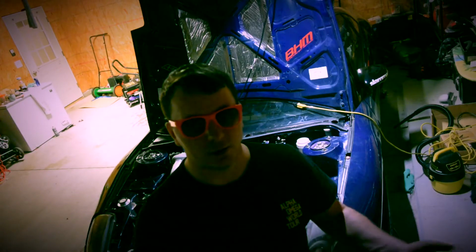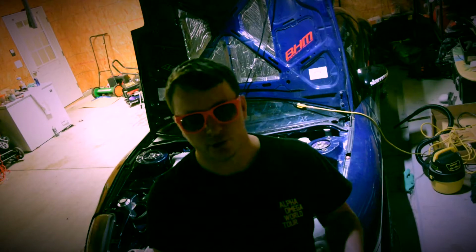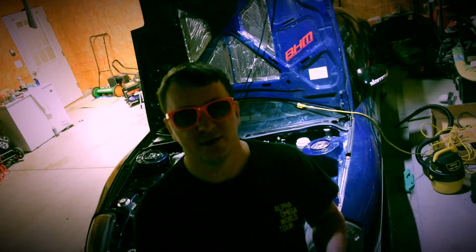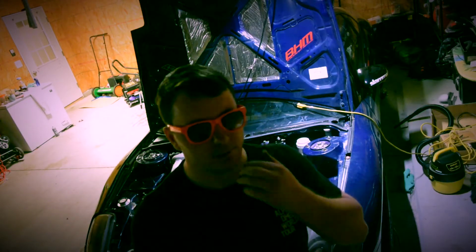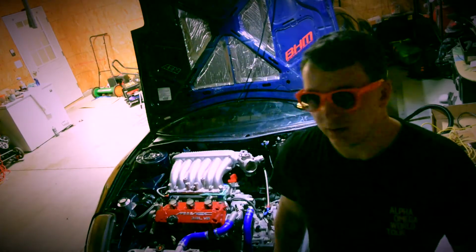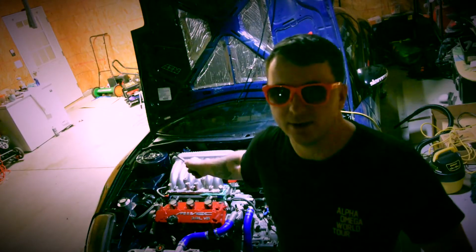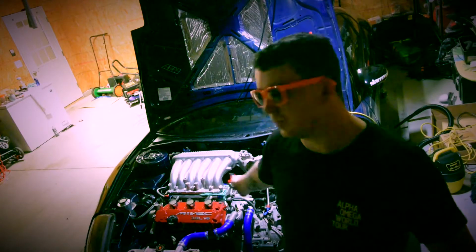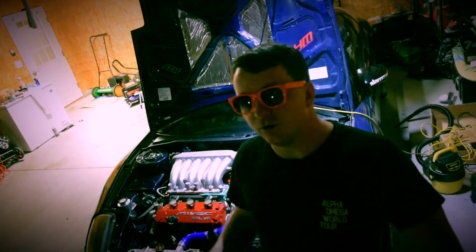I found mine online. Next thing you're going to need to track down, and you can find these at a junkyard, you can ask around, that's what I did. Basic things you're going to need are parts from the Diamante or the 6G74 in general. You're going to need the upper power steering bracket, the alternator bracket, and the thermostat housing with the crossover piping, so that's the pipe that goes from the water pump to the thermostat. You're going to need that, and you're going to need the